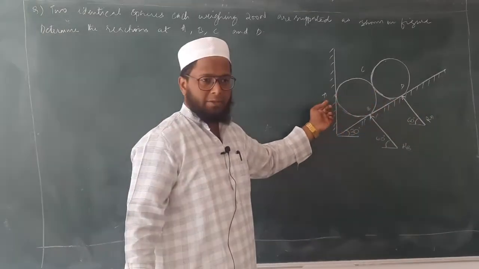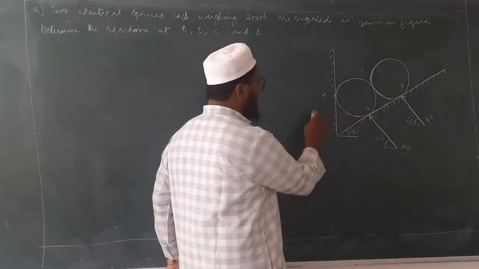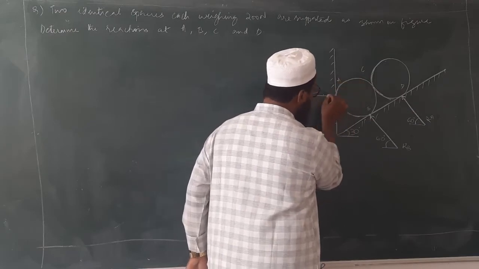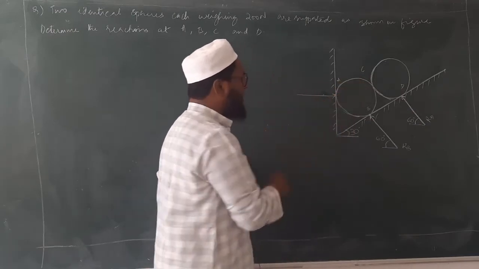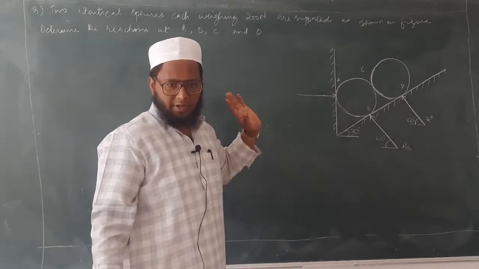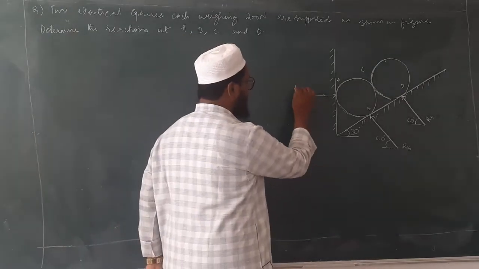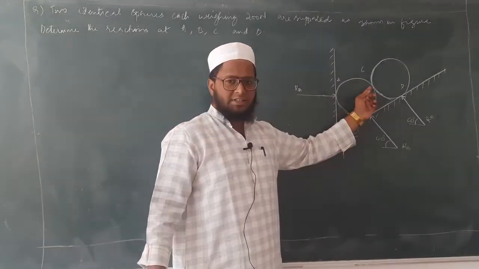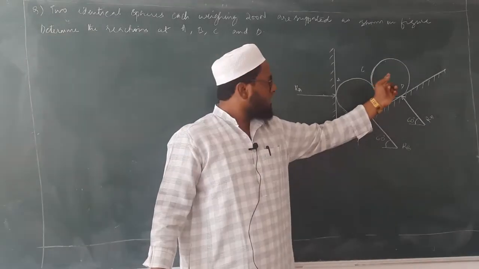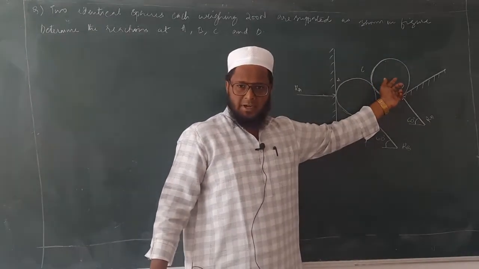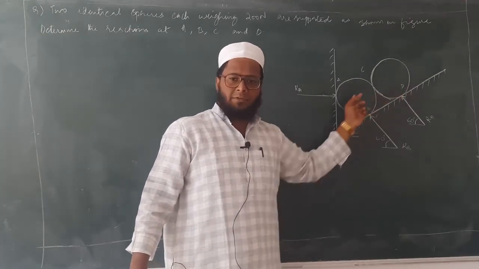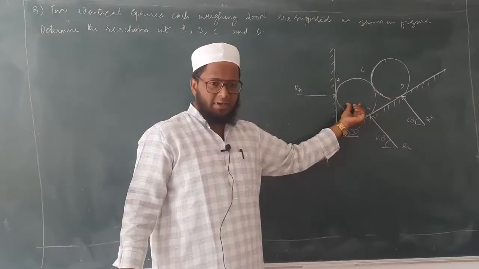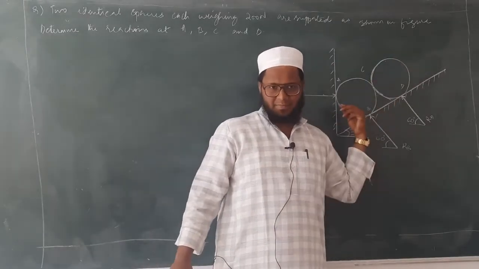Now we'll move to RA. How will the reaction come for RA? This is point A. So the reaction will be exactly in the horizontal direction because the surface is exactly vertical. So this is RA. Now considering the reaction at C, when you consider this sphere, the independent sphere, the reaction will come from the bottom, whereas when you consider this sphere, the reaction will come from that side.